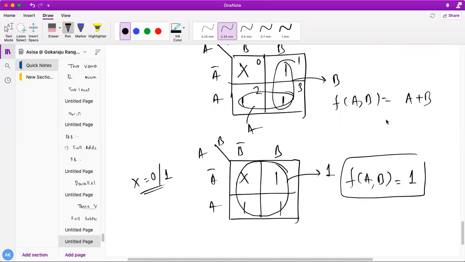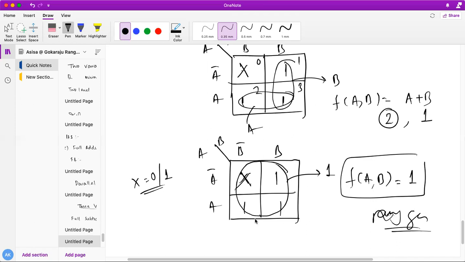So how many gates are required here? I require 2 literals and 1 gate. But here I don't require any gate to design. No gate is required. Understand? So you understand how to use the don't care. Whenever you are going to use the don't care, the minimization should reduce the number of literals, then only use it, else don't use it haphazardly.